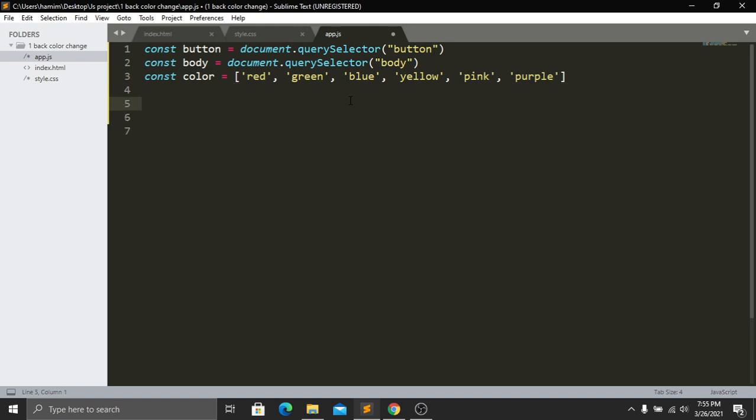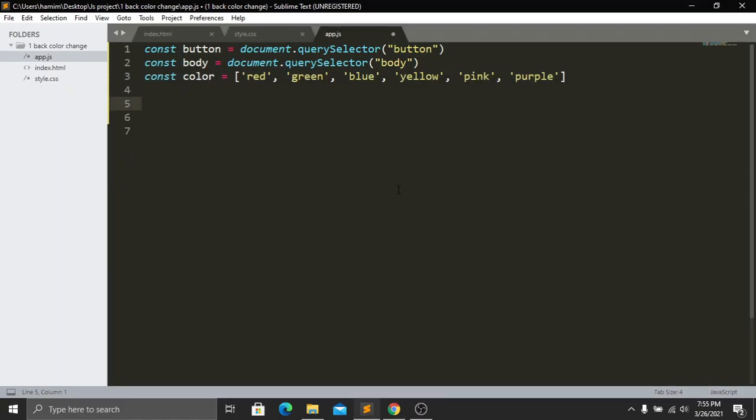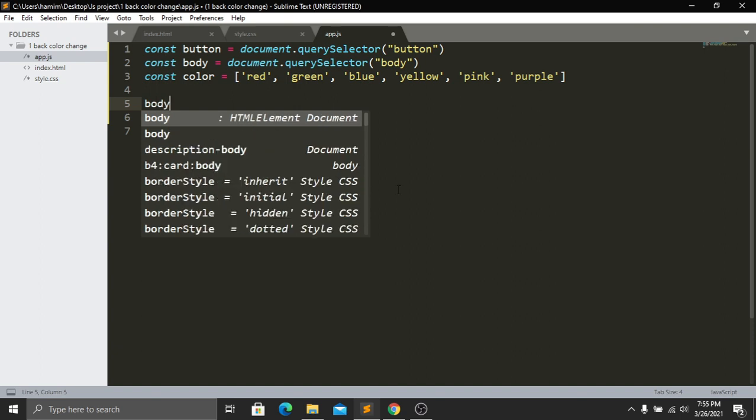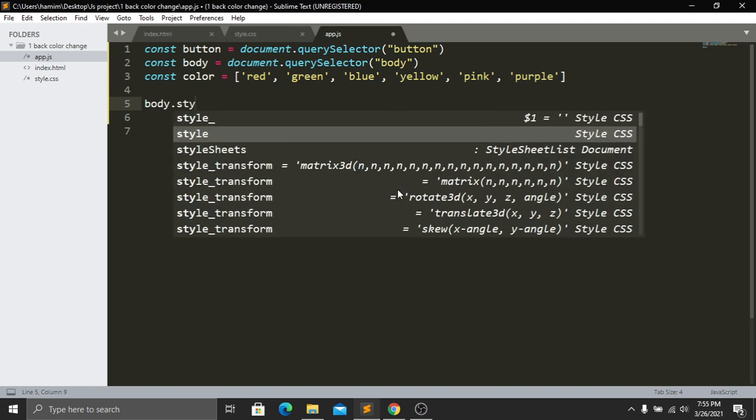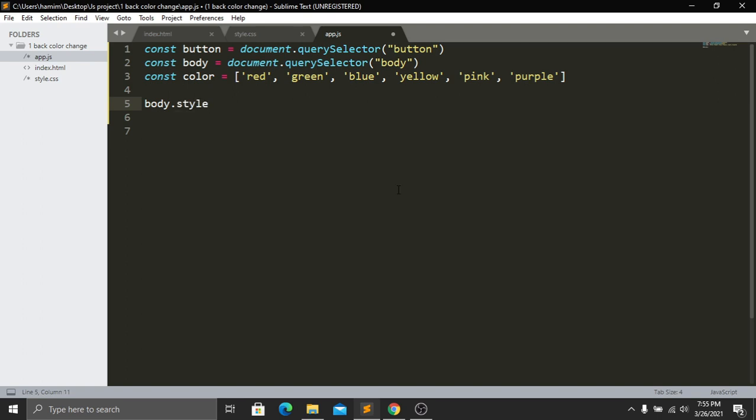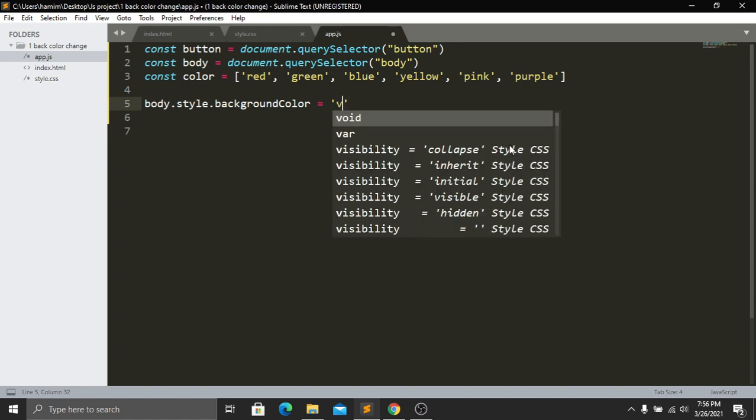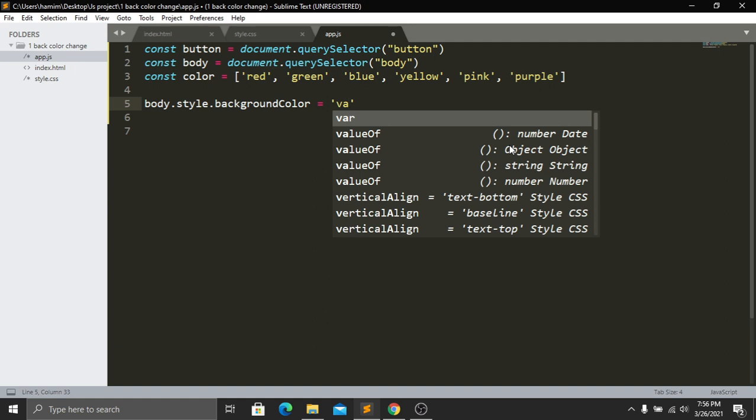So after this, we have to now give a initial position, because if you want, you can keep this white background color, but I will change the background color. I don't want this white background color. So for doing this, here we have to initialize our body, because white background color is actually inside our body. So that's why we have to type body first, and then I want to change the color. So that's why we have to write a style, and because I want to change the color of background color, so that's why it will be background color. And here we have to write the color name which we want to give. So here I will give the color name, and it will be violet.